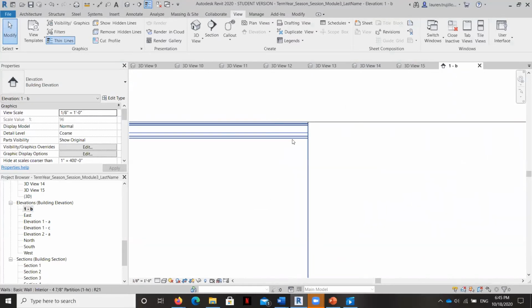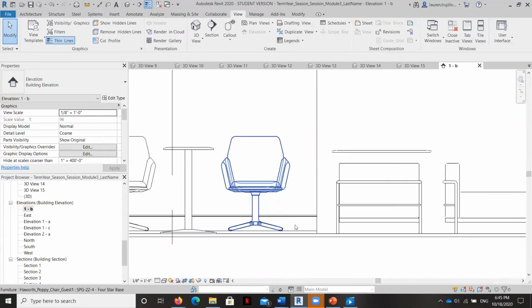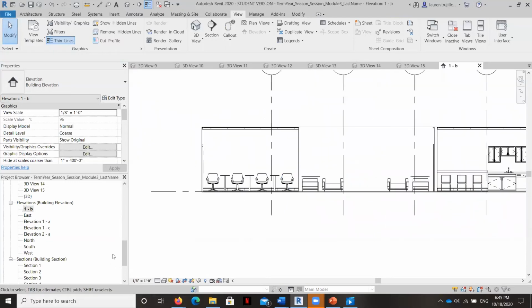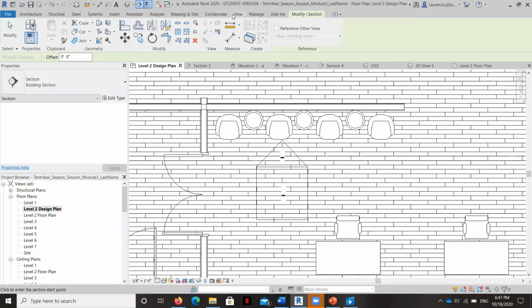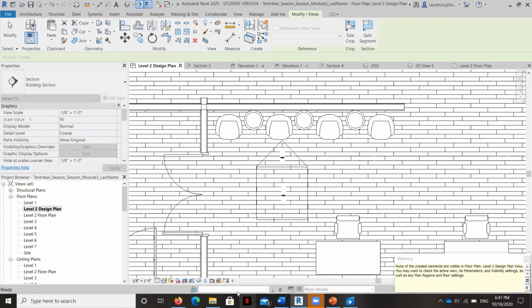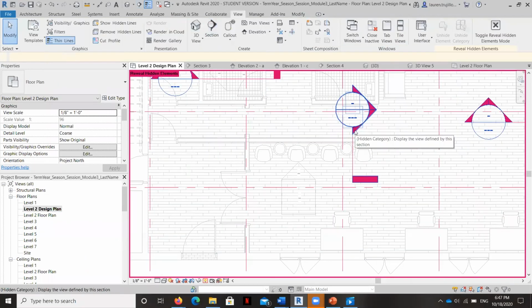And look, there's our crown molding sitting right up against the ceiling, and it looks beautiful. And look, a baseboard too. It looks wonderful. Okay, the only other thing I want to do is show it to you in section. In order to see this in a section view, I'm just going to click here and click here. And again, it's hidden because I was looking at some other things.